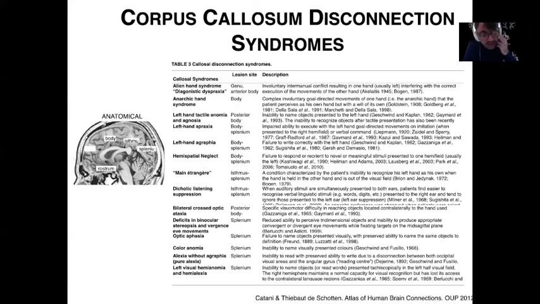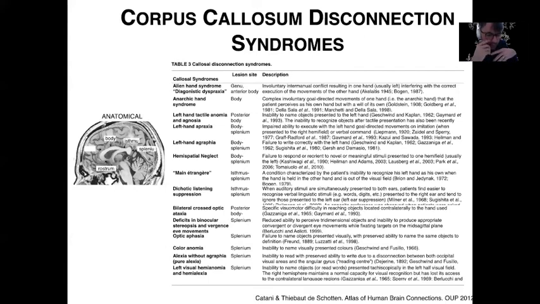Then you also have signs of optic aphasia, in the posterior part of the corpus callosum, if you disconnect the splenium, where the patient will not be able to name objects presented visually, but is still able to name the object if you give them a definition of the object. So typically you show a comb and you ask people to say what it is, they're not able to do it. But if you ask them to tell you what is the object that you use every morning to coif your hair, they'll say a comb.